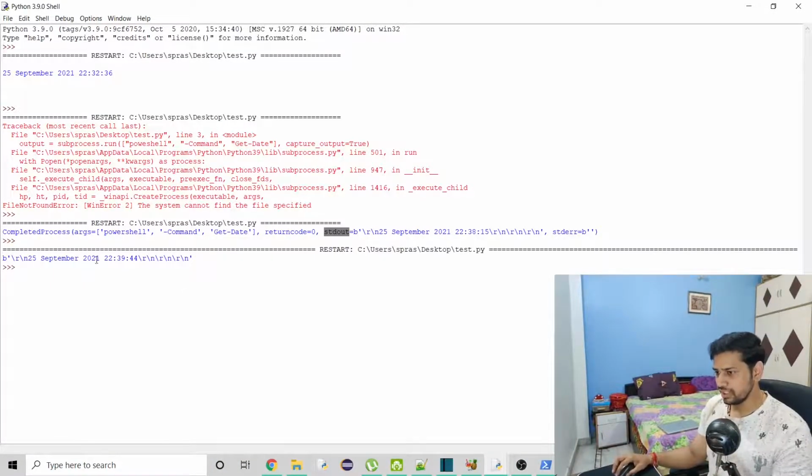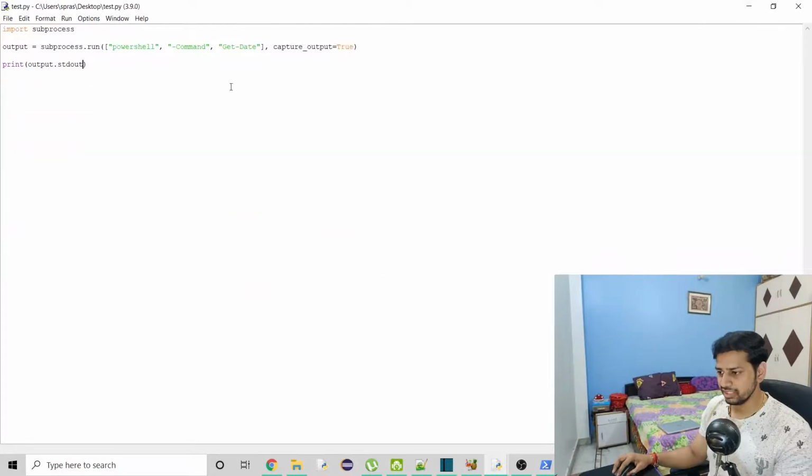So here the output should be like this, but it's like this, and it's not good, right? One thing to notice is that it has this b at the start, which means that this data is of type bytes. If you want to confirm the data type, you can do something like this.